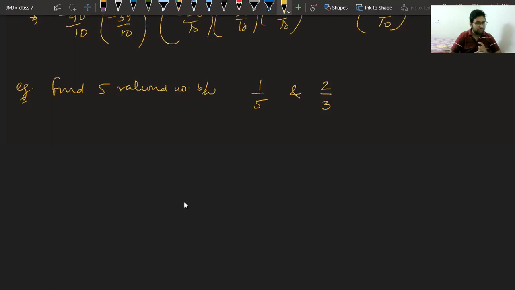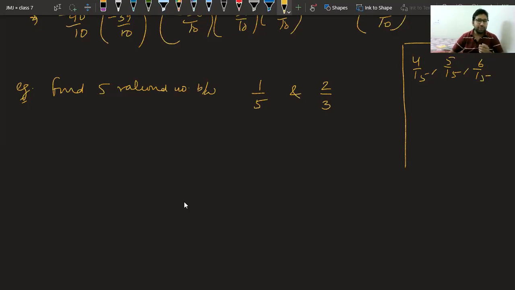Okay, Kavish is giving the answer: 4 by 15, 5 by 15, and 6 by 15. Bani is giving the answer 4, 5, 6, 7, and 8 by 15. Okay, LCM is 15. Yes. First, our motive is to make them like terms, and then we will proceed further with the same steps. Please tell me fast, how will you do it?